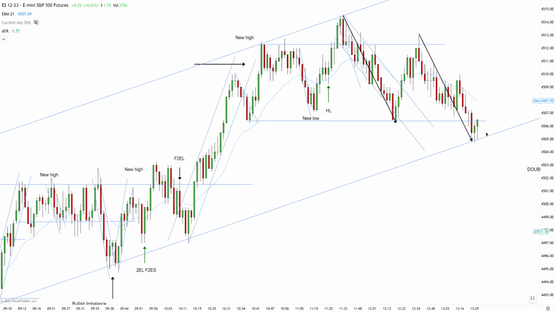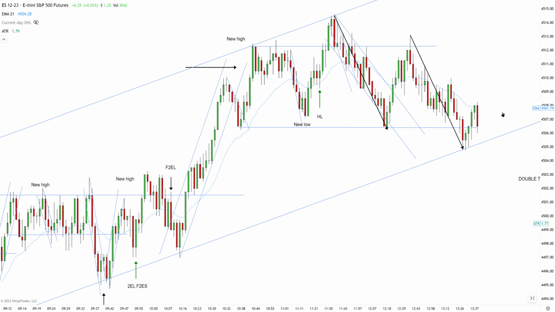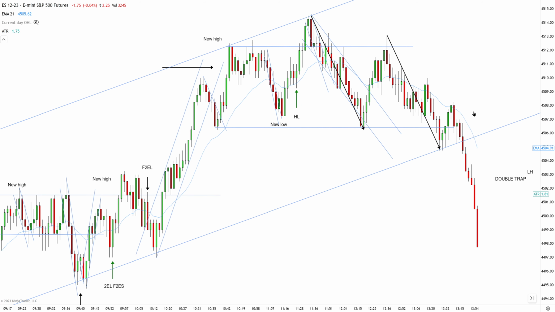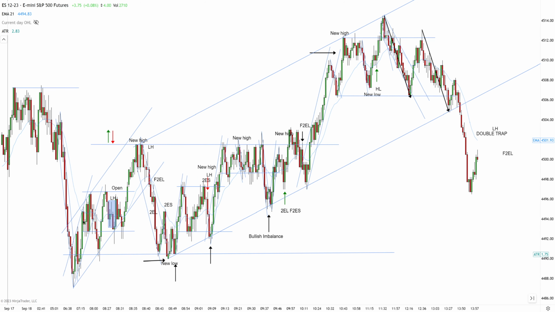I was thinking about this channel coming into play. Even though this is going to work for a scalp, I cannot go long because I want to see a push above the EMA and price action staying above the EMA, and I want to get a high low, or preferably a failed second entry short. It will be the ultimate trap. That is not forming and price action is completely reversing down, which is confirming that this was truly the entire